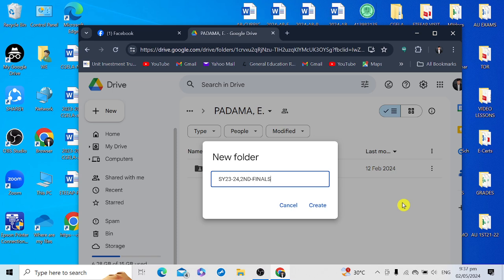So this will be the grade sheet for the school year 23-24 second semester, the final. So this should include the grades from prelim, midterm, semifinals, and the final grading period. Okay, so this is how we're going to encode our folder name whenever we create our folders.